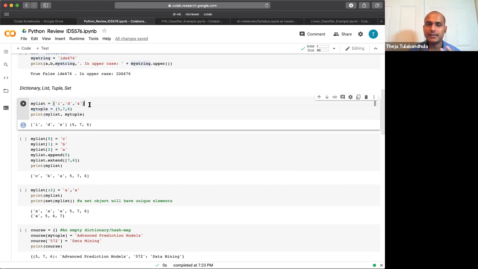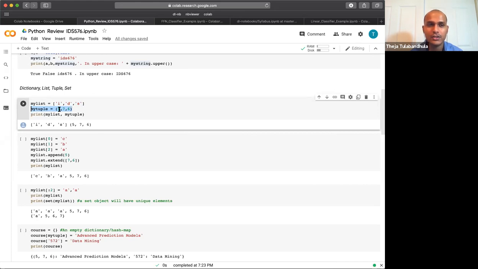So a list is, as the name implies, a collection of things, a collection of elements. It could be a collection of one-character strings, or a collection of integers, or a collection of strings and integers, a mixture of both, and so on. Similarly, a tuple, the slight difference between a tuple and a list is that a tuple